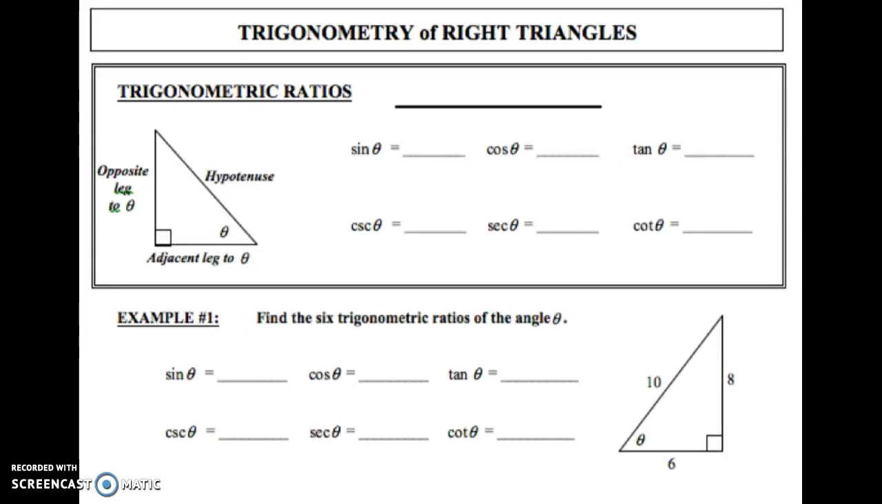Precalculus, section 6.2, day 1, we're going to be discussing trigonometry of right triangles. A lot of this stuff is just review from geometry. So the trigonometric ratios that we'll be using is SOHCAHTOA,